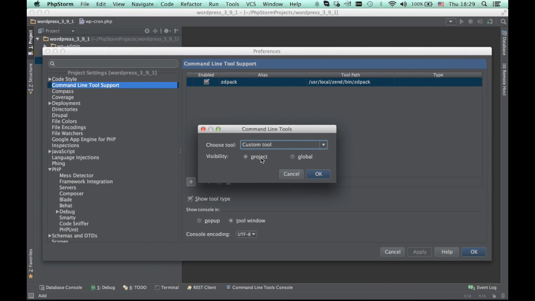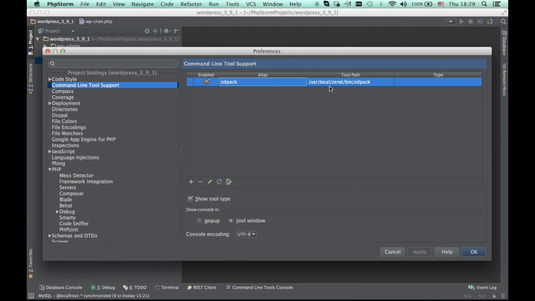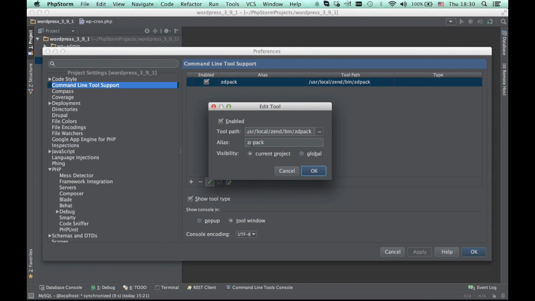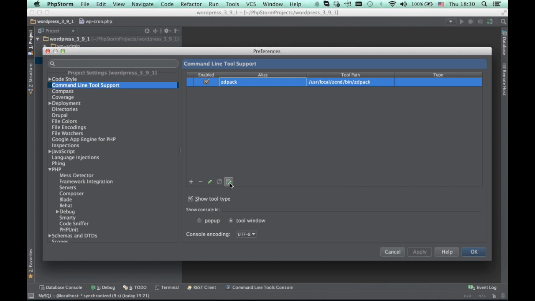Project-wise or globally, that's just visibility, where it will be visible for executing commands. And here I have it already installed, so I will not be doing that one more time. In fact, you just need to provide a tool path. This one is actually the default path for macOS, and we need to give an alias, and we need to set the visibility. And after that,